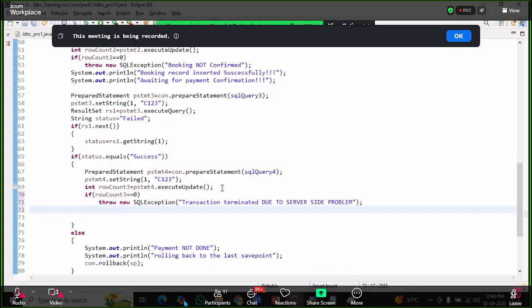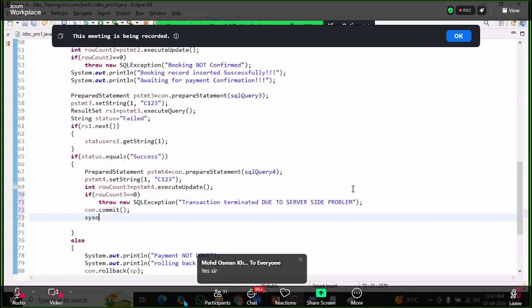Otherwise, did you understand this? Online students, I want you to kindly please respond to the chat for me. Am I clear with this? Okay. Otherwise, con dot commit. I'm just trying to commit. Did you understand this? And now system dot out dot println seat book for plus,